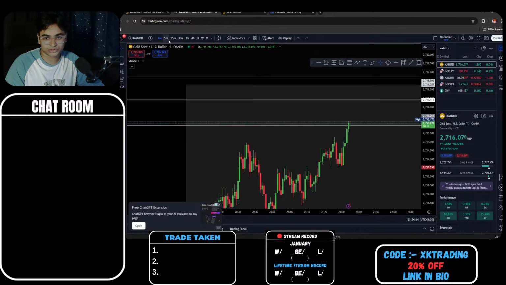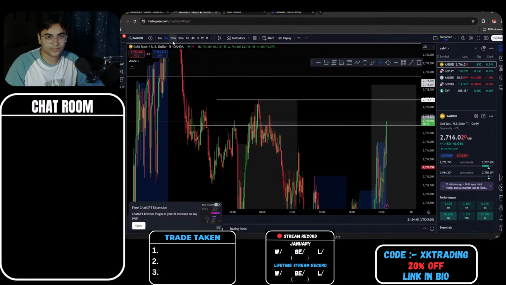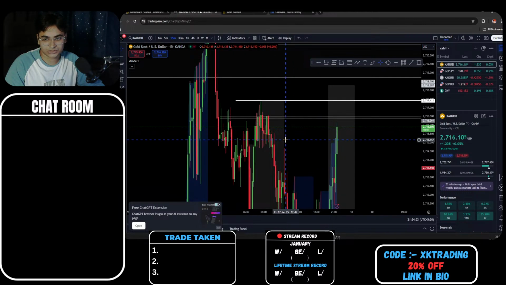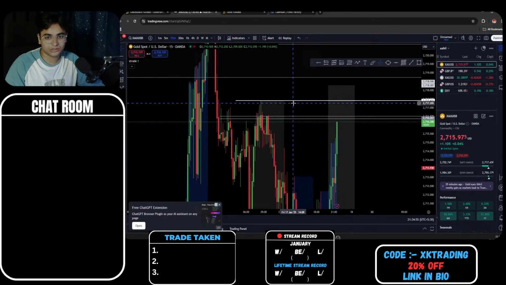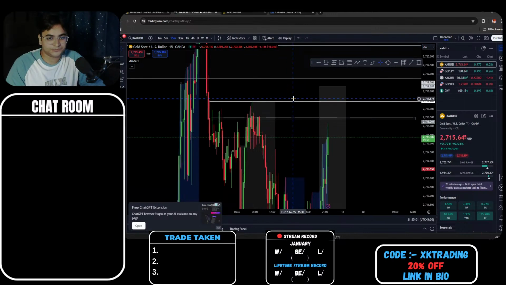Okay, we got the closure in around 15 seconds. Guys, 15 seconds, be ready. On a 15-minute time frame, we are tapping into the zones, which has a rejection point as well. Then we have a further rejection point here. If we close above Asian high, then that is all.